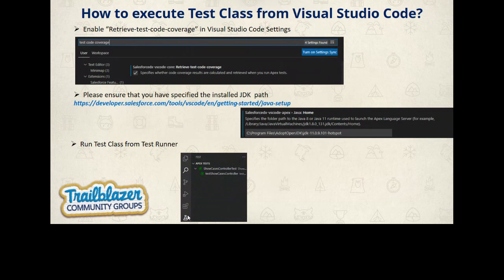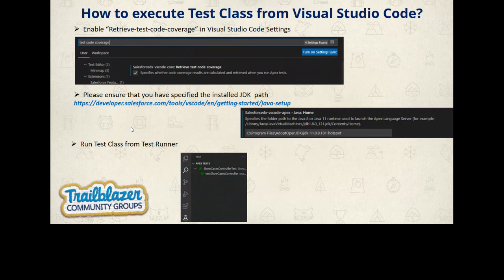Right. So basically, I got an issue. Initially, when I set up those things in VS Code and clicked on the test runner, I was not able to see any test class in the Apex test section, because later I found that the JDK path was not correctly mentioned in the Visual Studio Code settings.